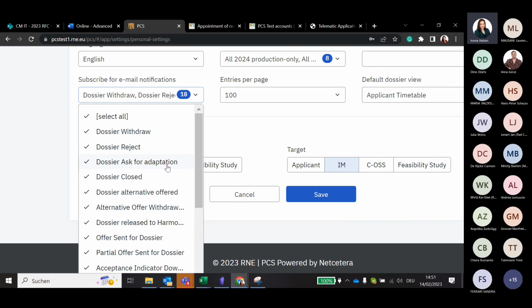Dossier ask for adaptation. So there is also one email notification here, but we can check maybe a test together in a bilateral way or something. How does this adaptation work? You can also actually do it on your own with the Corridor OSS account if you'd like to do it